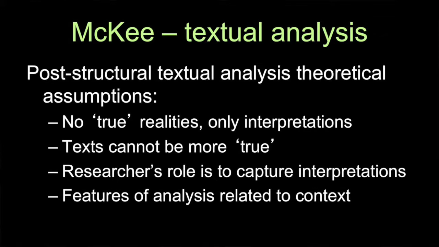A text has no inherent truth in it other than interpretations. So this is approaching texts as meaning-conveying things which are open to interpretation because we all are situated differently. So how we might have viewed, for example, that Cronulla riot image may depend on our politics. Perhaps, if we're on the far right, we would see this as